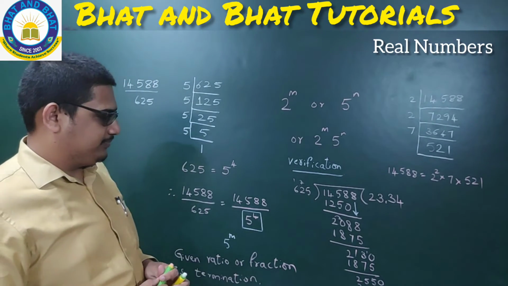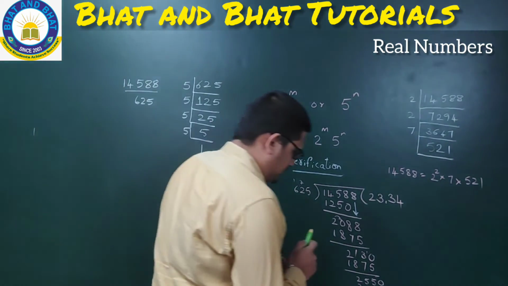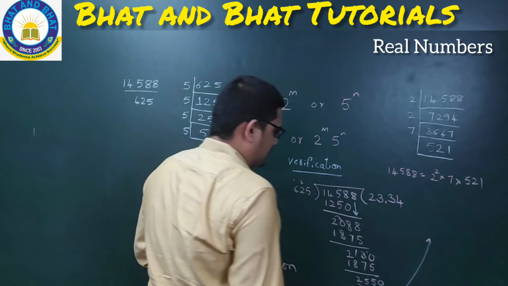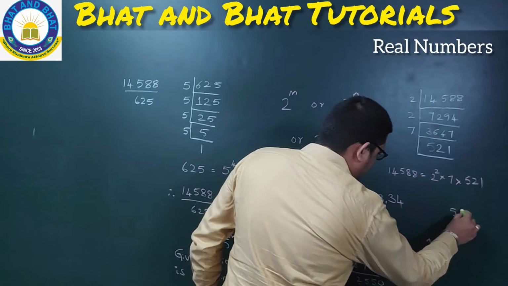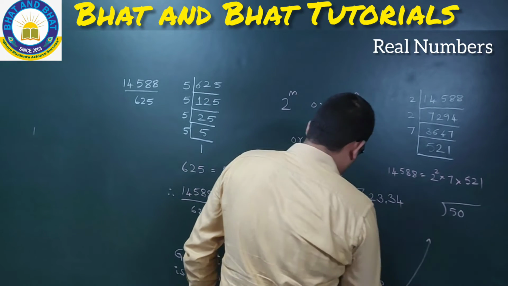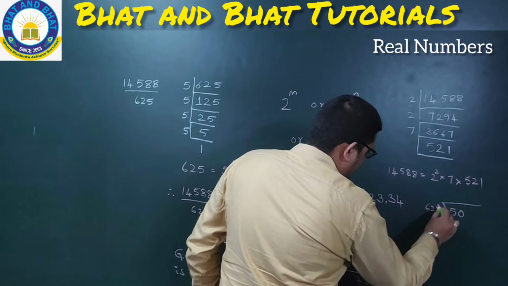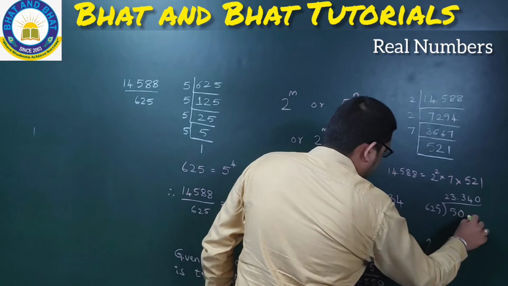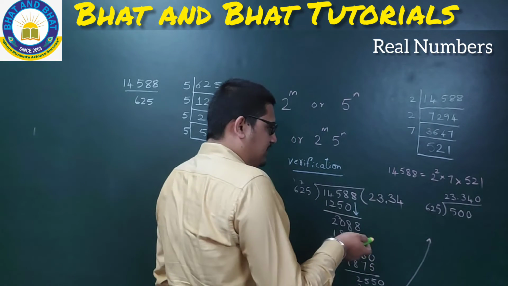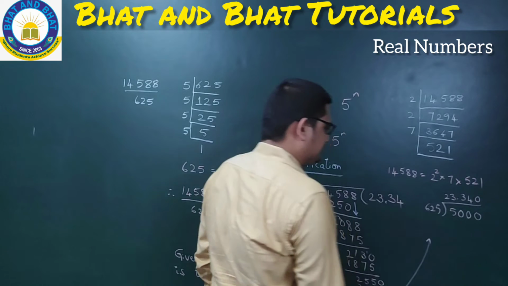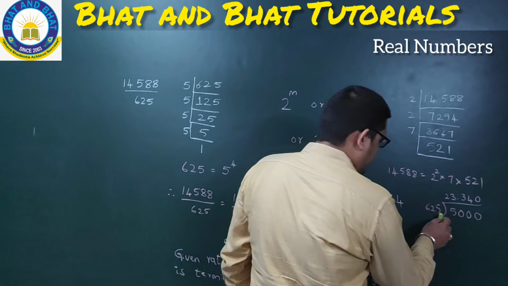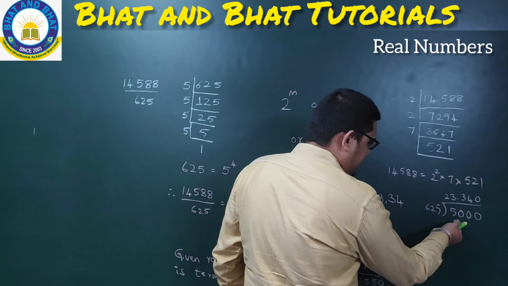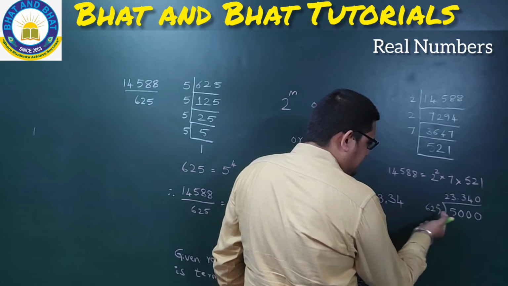So what should I do next? So 50. Let me represent this here. So 50 divided by 625. So I had 23.34 here. If I put 0 here also 0, still it is not divisible. So I have to take one more 0. Now we observe, 4 was 24, 5 6s are 30, still very small compared to this. 6 6s are 36, again smaller.